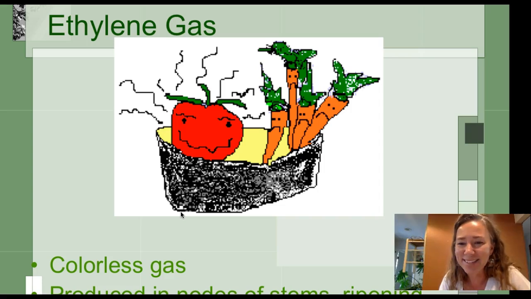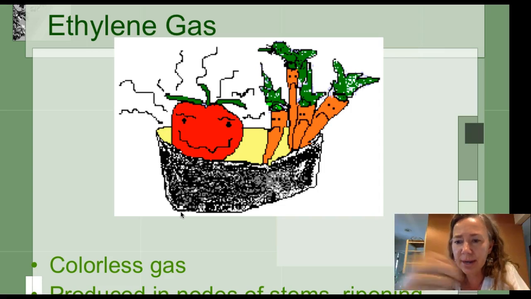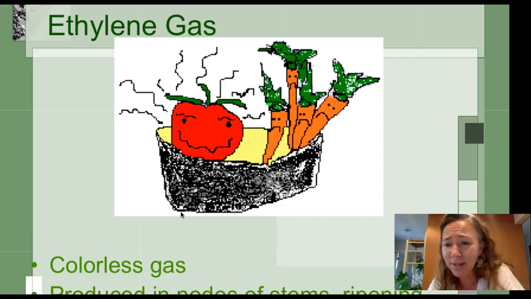Ethylene gas. Okay, so ethylene gas is the reason why you've heard that expression, one bad apple can spoil the whole bunch. And that's because ethylene gas is produced in ripening fruit. And what it does is it encourages ripening of others, or senescence, aging, maturity. And so if you've ever had green tomatoes, and we get those all the time in Colorado, it's October,